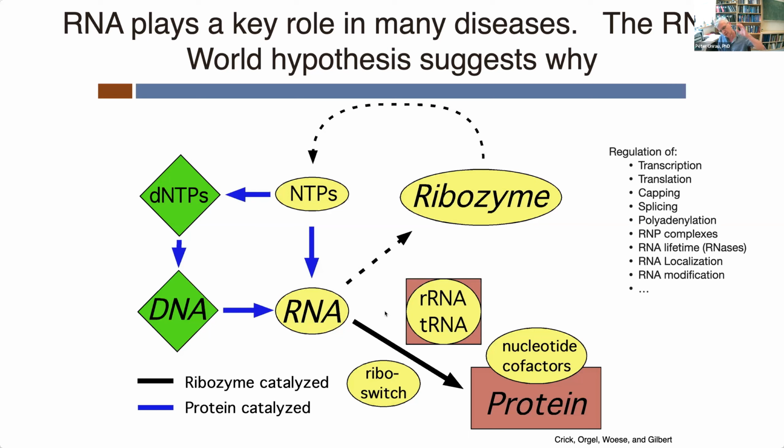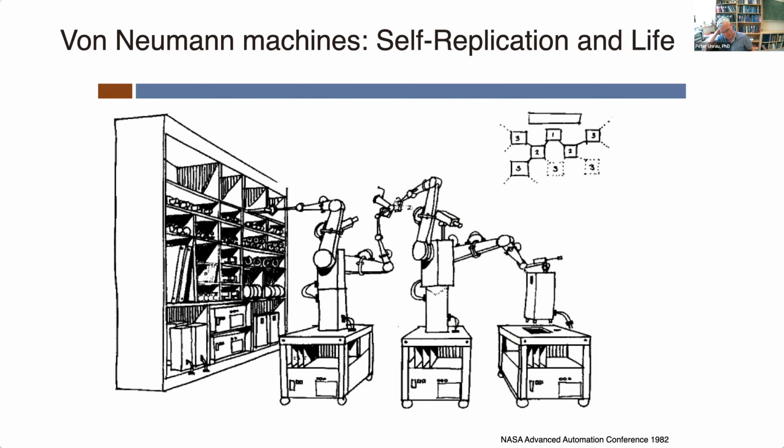RNA is really a perfect tool now within modern cells to just regulate huge amounts of function. And I've just pretty much arbitrarily listed some kinds of RNA function over here that are regulated by RNA. So I got into this field of RNA research by being interested in how you set up the first self-replicating systems at the origin of life.